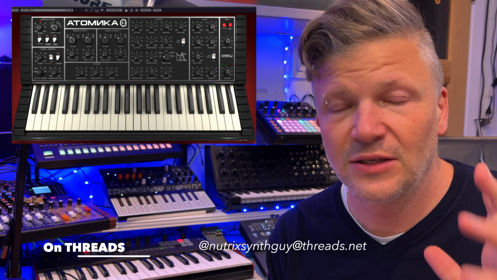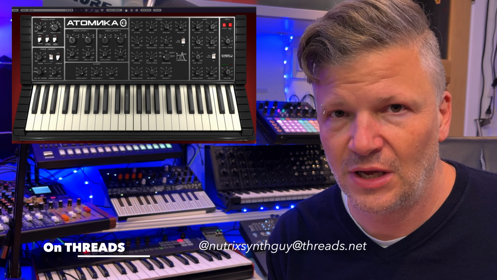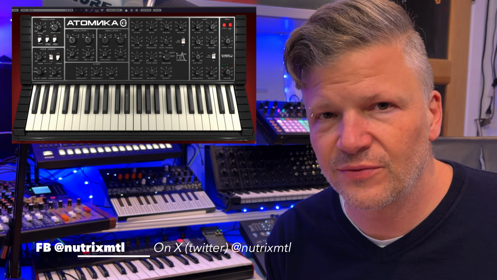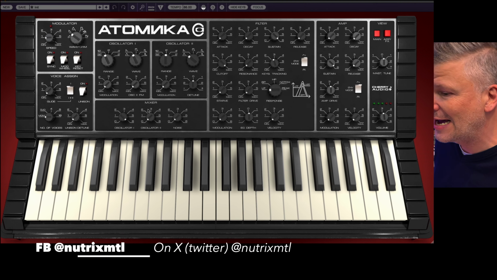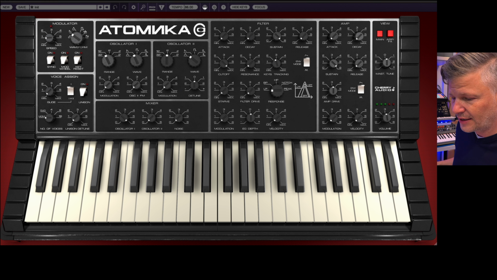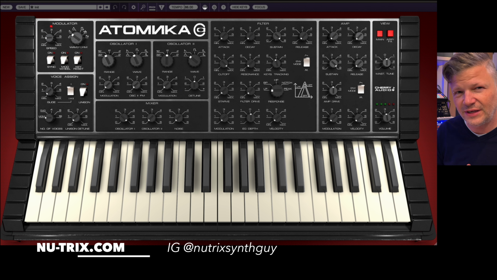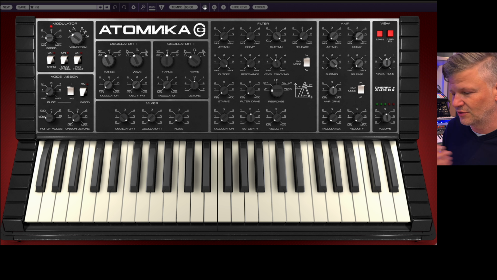I'm Nu-Trix, and today we're looking into another software synthesizer from Cherry Audio. They do great software synthesizers. A lot of them are recreations of classic synthesizers. This one is called Atomica, and it's an emulation of the Soviet synthesizer, the Polyvoks, made in 1982